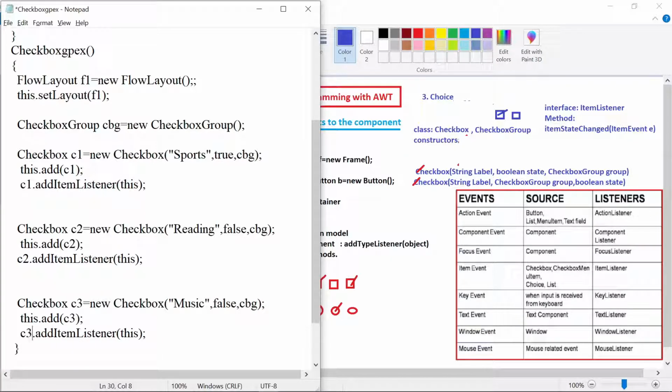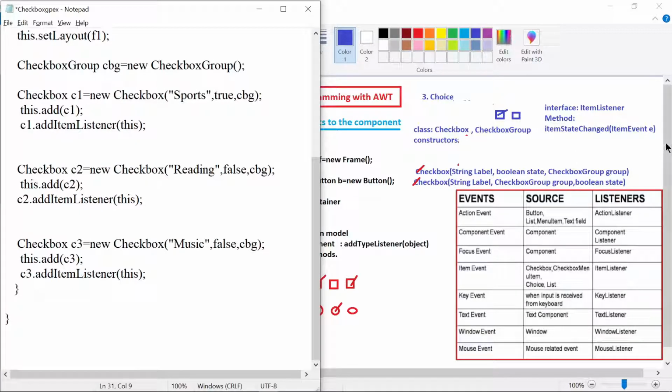Now we need to implement the method. What is our method? Our method is itemStateChanged. So public void itemStateChanged. Same method we have used for our checkboxes also, and the parameter is the ItemEvent parameter e.